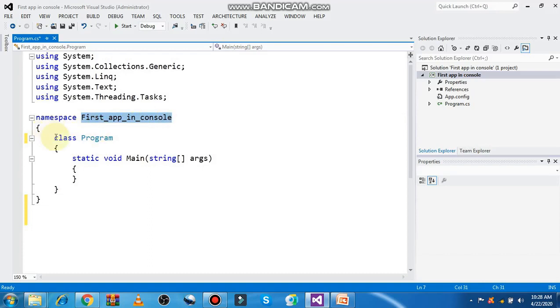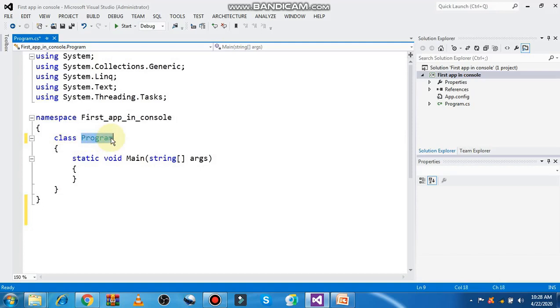Within the namespace body we have a class body because C# is object oriented programming. That's why it starts with the keyword class. After the class keyword we have the name of the class.